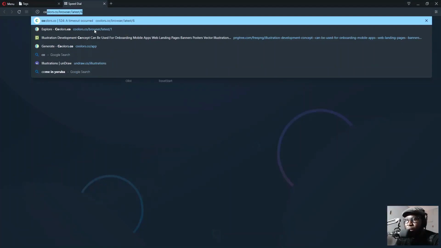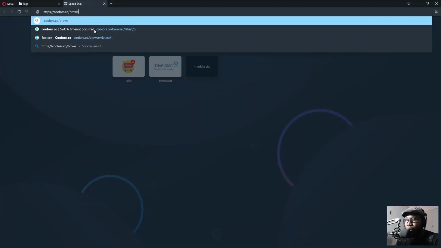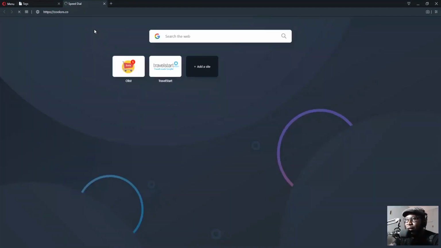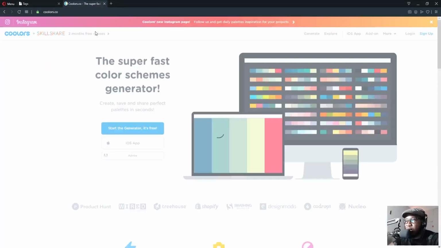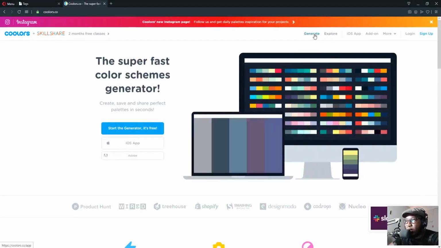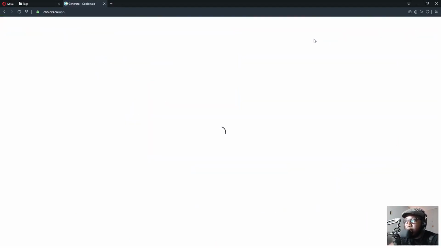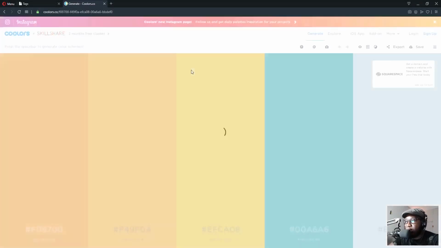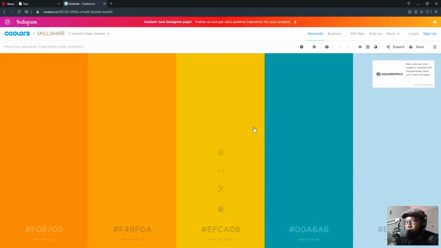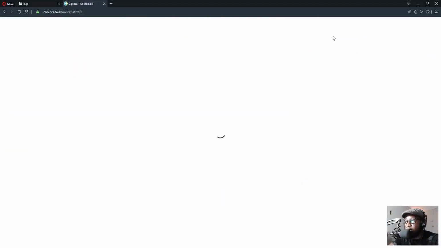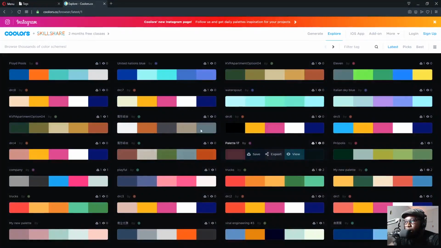In fact, if you want to learn how to pick colors, if you come this way now, colors, I don't know how to spell it, on this website here, a very nice website. It can display so many colors for you to see. If you just go and click generate, most times I use this to do my work. So just generate colors for me like this. You see different colors. You can just use this one to design a full website. Or if you click explore, it can bring out different types.